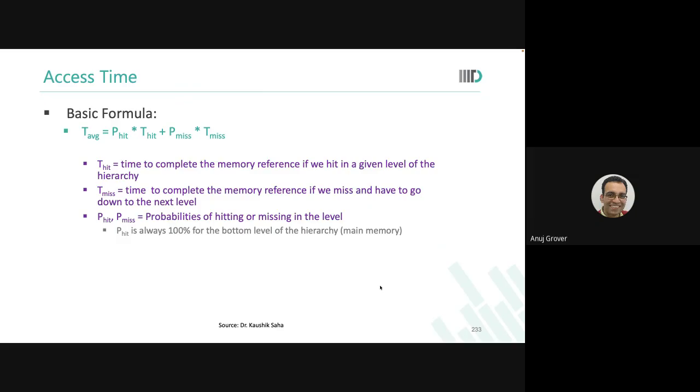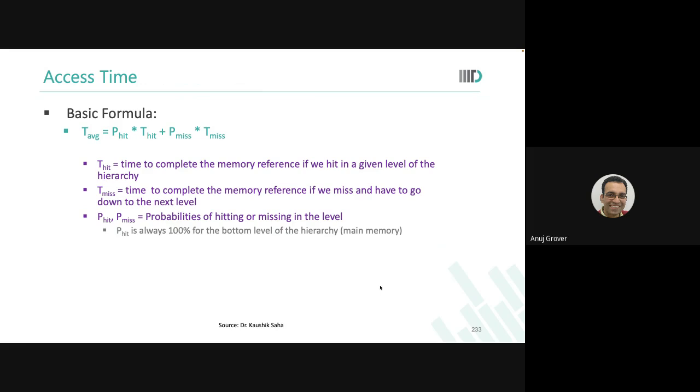All of you? So it is a recursive algorithm. It's like an embedded nested loop. Until you get the required data, you will go for the miss and bring that thing. Okay? So P hit plus P miss is always 100%. Either the data is there or not there. So if you have the P hit available, you can always identify what the P miss is. Time hit should be made available to you, and then time miss you may need to calculate depending on the hierarchy of your cache subsystem.